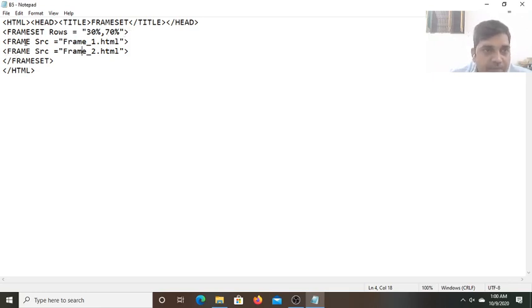Now each frame element is used to represent an HTML page, meaning an HTML file, on one frame. And the second frame is used to represent the frame2 HTML file on the second frame. So, as we execute this HTML file, it creates a web page. Similarly, these two different web pages will appear in two different frames at a single time. Okay. So, this frame1.html I also created. Let me show you this file of frame1.html.